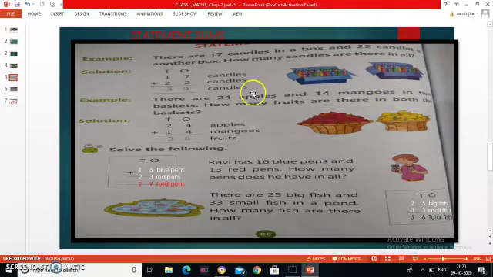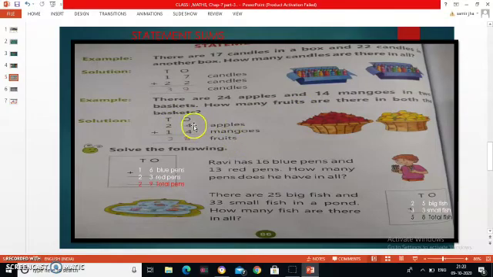Now, two parts are there. See, 24 apples. So, write here 24 apples. Second one, underline 14 mangoes. So, write here 14 mangoes. Now see what is the third part. Okay, how many fruits are there in both the baskets? No need to write apple and mangoes. They are asking how many fruits are there. Apple, mango, they are fruits only, na? So altogether you have to write here fruits.